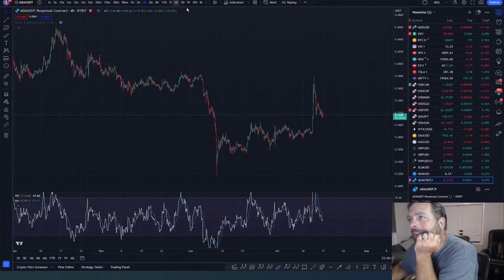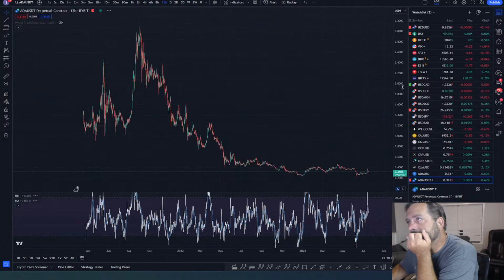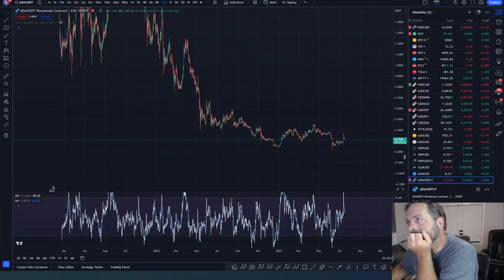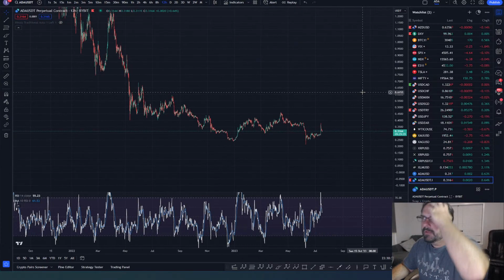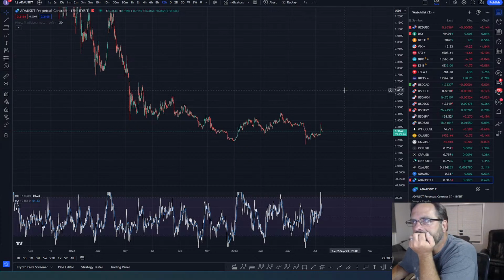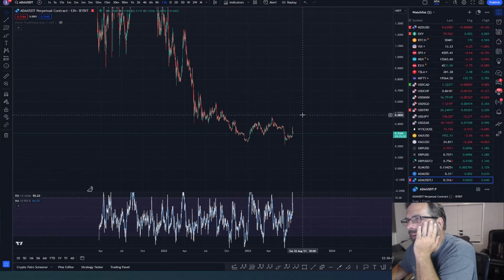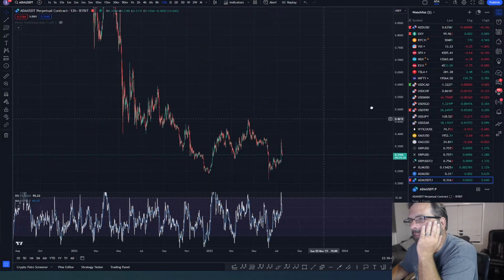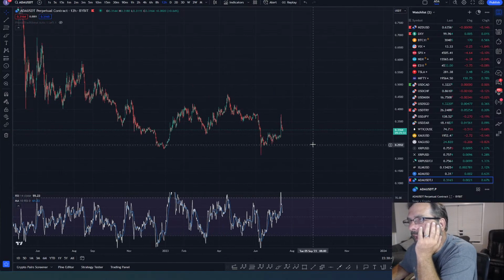Let's keep going. Let's look at ADA. What's ADA doing? ADA has been a thorn in my side, but it looks like a flat. Okay, it looks like a flat. But I have a problem. But it could be a flat.